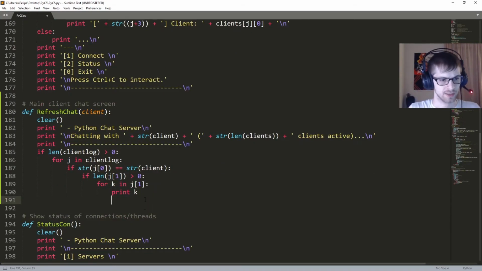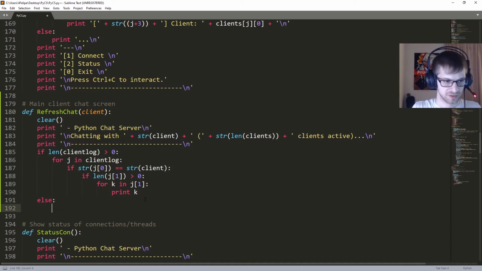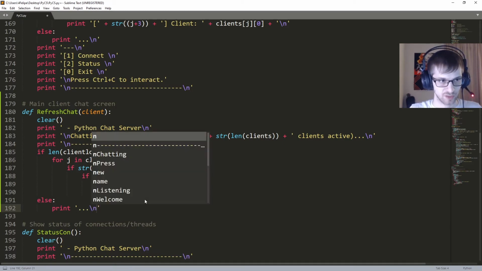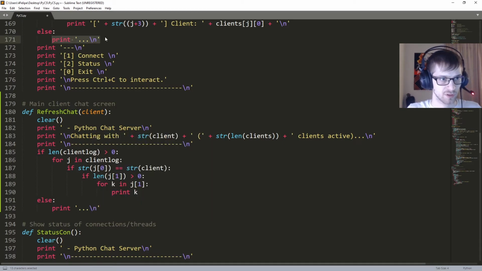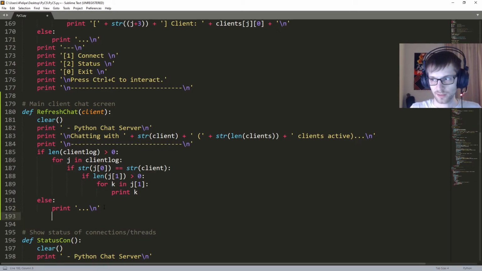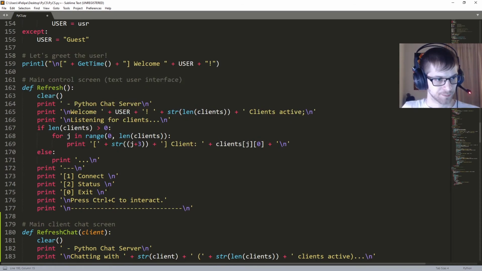And yeah, so otherwise we're just gonna go and print like anything, I guess. So if we still didn't receive any messages, we can just print like 3 dots, just like we did over here, right? And yeah, do another line break here for good measure. All right, so with that said, let's go back